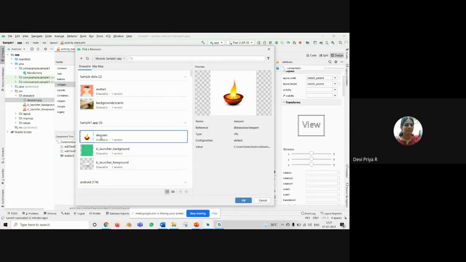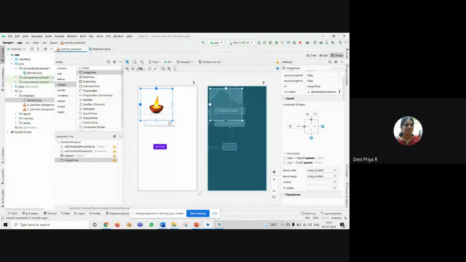Select this image, and if you have not specified any position, by default it will be displayed at the top. If you want to have the position, you can align.